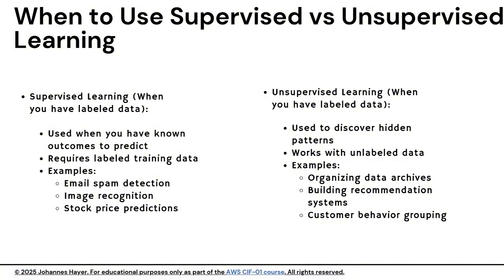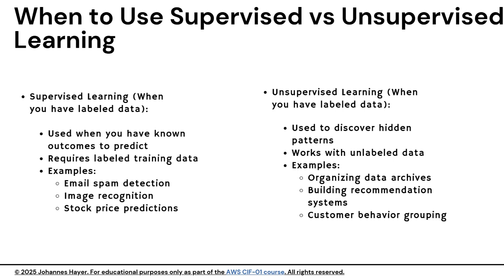So let's examine when to use supervised versus unsupervised learning in your AI applications. The key difference lies in your data and objectives. Supervised learning, as we already know, is your go-to approach when you have labeled data available. This means you have examples where you know the correct outcome. For instance, in email spam detection, you have emails already marked as spam or not spam. Similarly, in image recognition, you have images labeled with what they contain, and in stock predictions, you have historical data